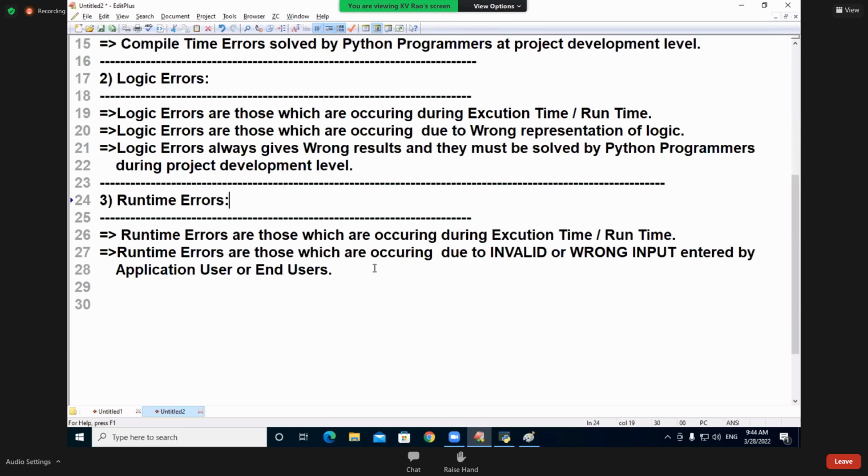How does it know? That means you have to understand that the ATM project developer has a lot of forecasting knowledge. Forecasting knowledge means that for whatever I am going to release after 6 months, today itself I am considering what the end user will enter. Before releasing, I discuss today with my team members that after releasing my project, the end user may keep the card in reverse order.